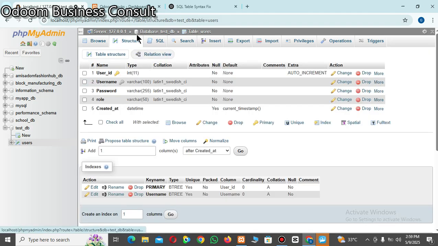If you click on the structure, it will give it to you in a nice manner. So user id integer, you have username, then you have password, we have created that. Okay, so this is how you can use structured query language to create a table in a database under